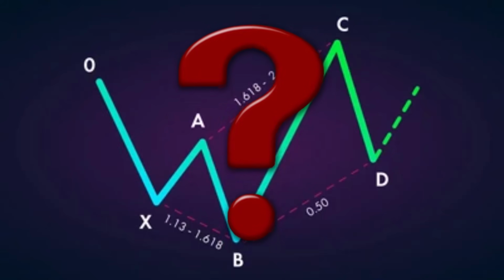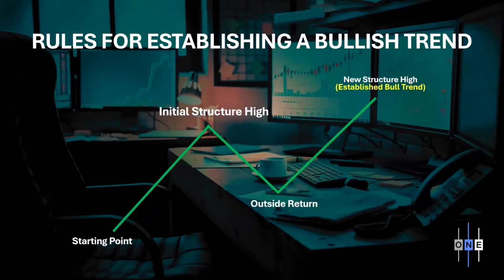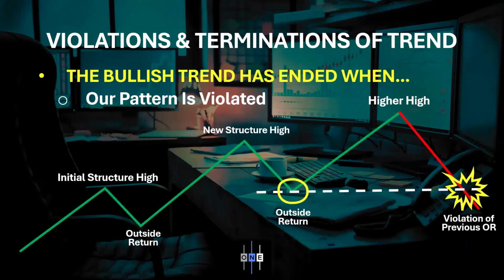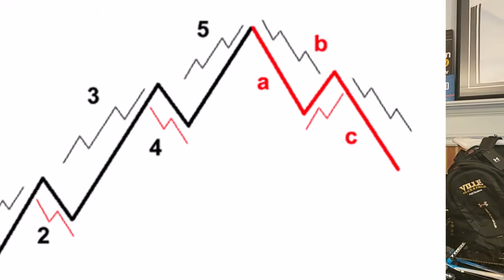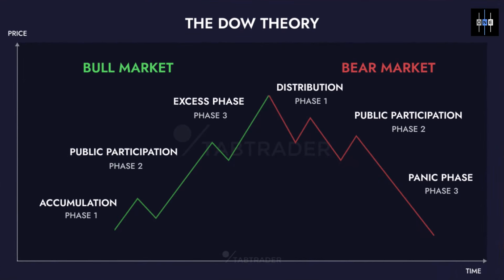4 lessons I'm going to teach you today. First, I'm going to introduce you to one of the least talked about harmonic patterns in trading. Then I'm going to show you how to identify both valid and invalid trends using some simple price action principles. After that, we're going to dive into Elliott Wave Theory, and don't worry, I promise I'll keep it simple, but I will share with you some hidden insights that most traders don't talk about. And finally, we'll explore Dow Theory, which is the foundation of modern technical analysis and pretty much the basis of